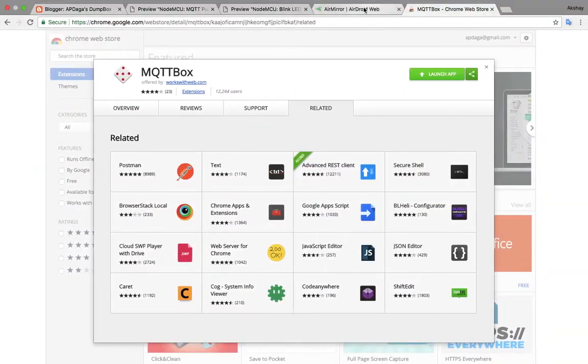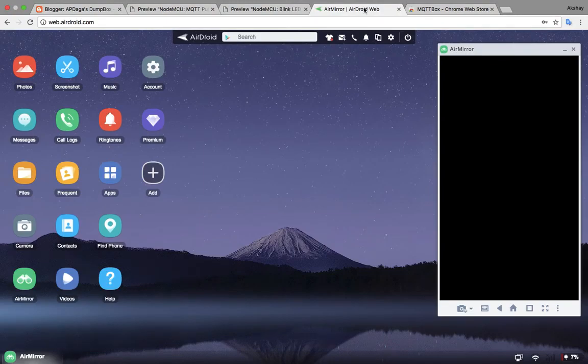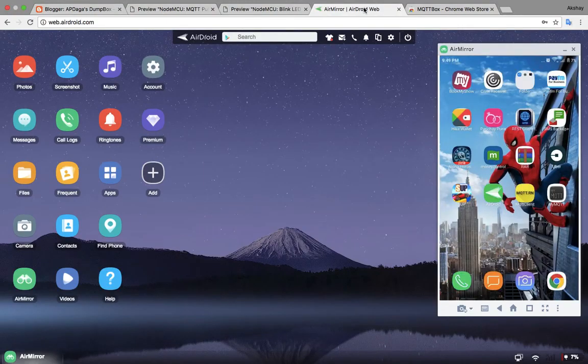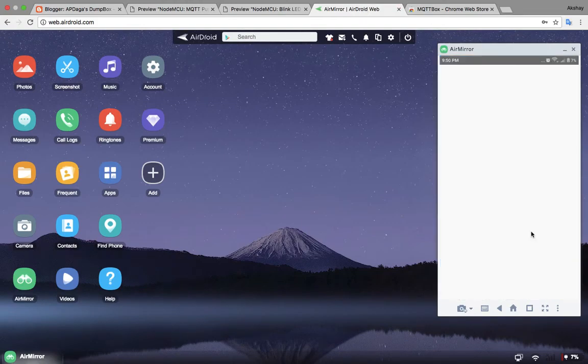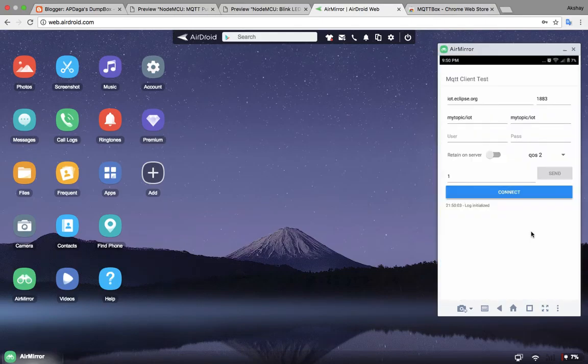Then I'll show you one more demo, using this AirDroid. You can see this is my mobile, and on my mobile I have installed an MQTT client. This is the app. In this app I need to set the hostname as iot.eclipse.org. The port number is 1883, and the topic to subscribe and the topic to publish are the same, and I am clicking on connect.